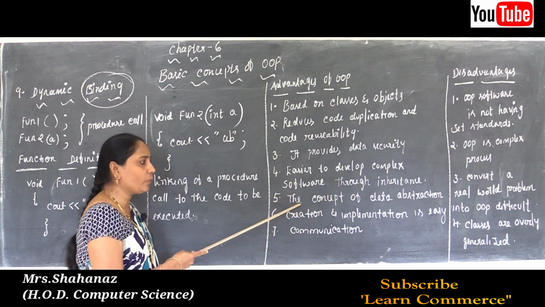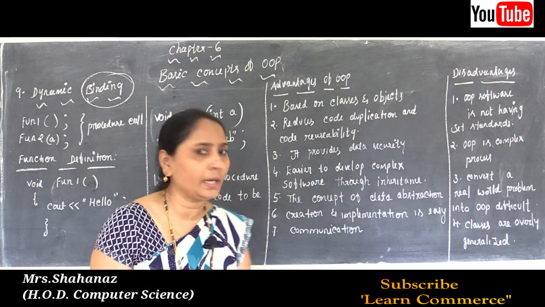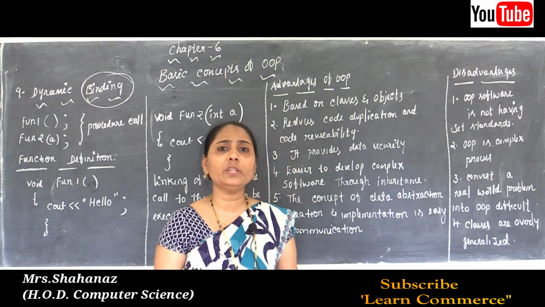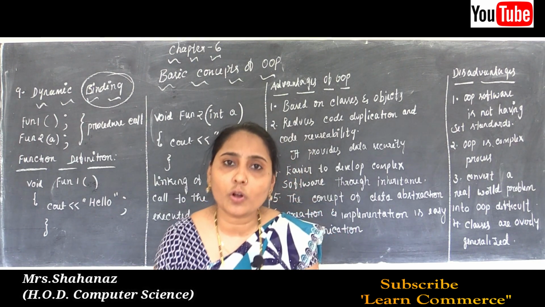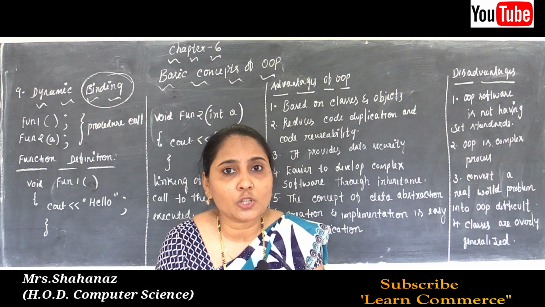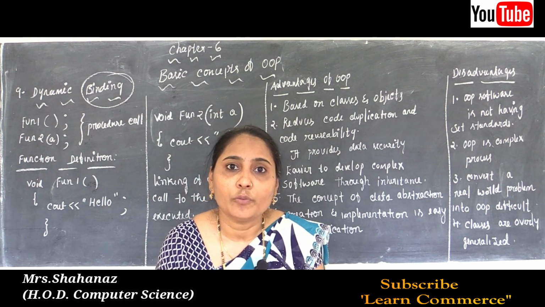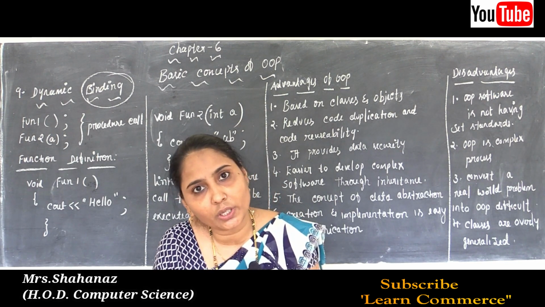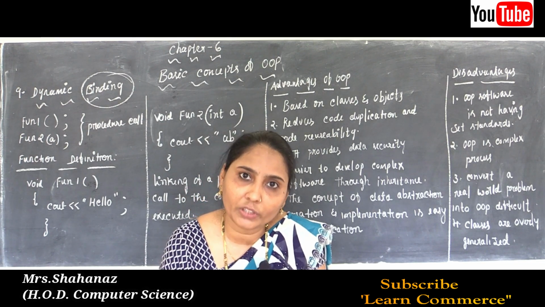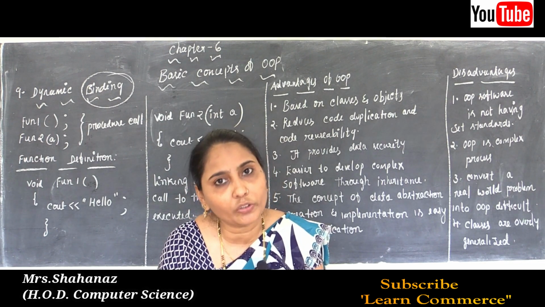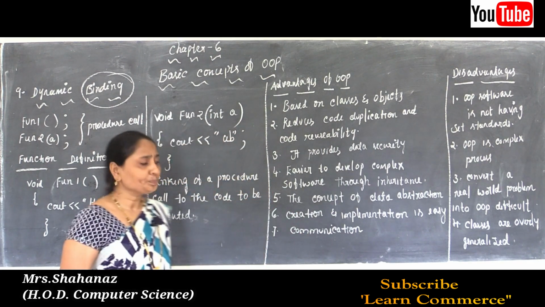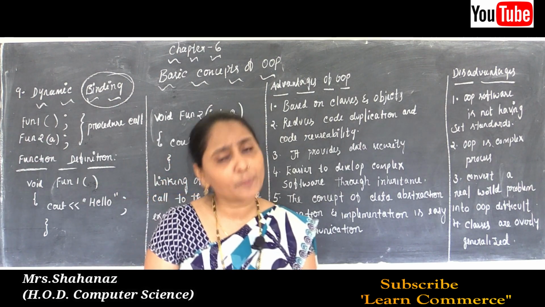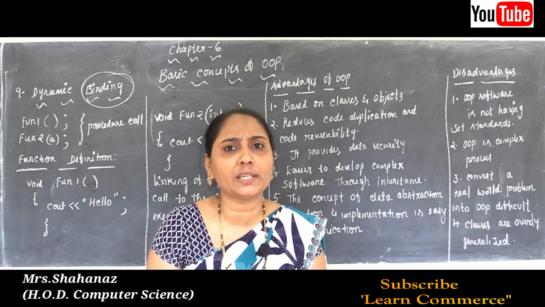And later in our advantages we can take one more point, that is the concept of data abstraction. So what about data abstraction? We know that abstraction is the process of representing essential features without including background details. The object has data members and data functions. The function doesn't need any background detail of the data, and the data doesn't need any background detail of the functions. So the concept of data abstraction specifies object implementation and object specification.